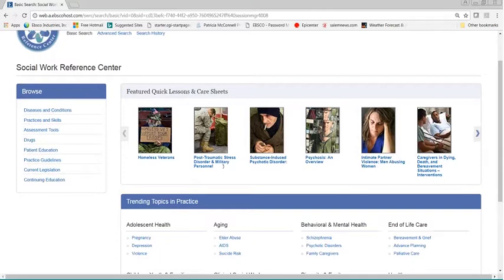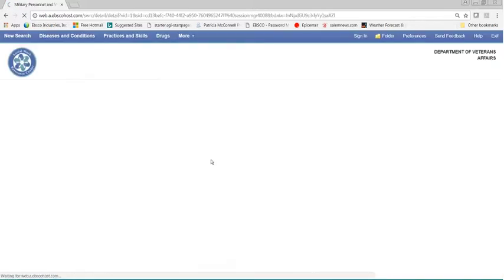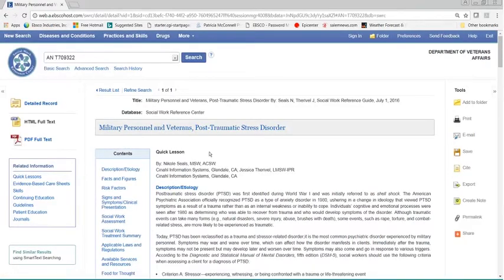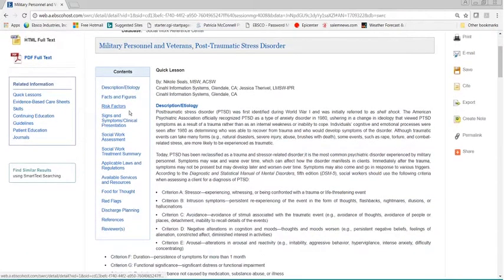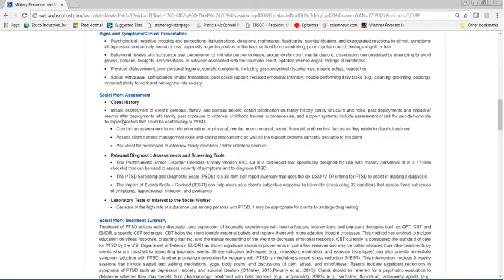So in this case, I might be interested in post-traumatic stress disorder, and it quickly pulls up for me a quick lesson on military personnel and veterans post-traumatic stress disorder. This is an example of a document that can be found. And you can also see all of the different sections within this under the contents listing on the left-hand side. So this is the format, so you can very easily move through the document,